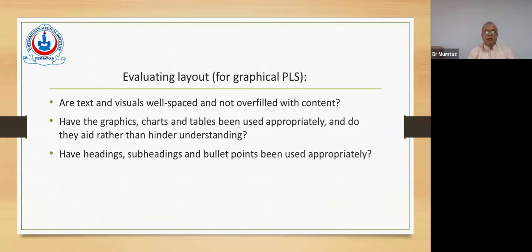Layout में, is the text and visuals, are these well placed? यहाँ पे कोई भरमार तो नहीं की गई है। लोग इस तरह हैं कि उन्होंने अपना डेटा डाल दिया सॉफ्टवेयर में, सॉफ्टवेयर ने बहुत सारी चीजें धड़ाधड़ निकाल ली, टेबल्स भी हैं, ग्राफ्स भी हैं, बहुत सारी चीजें हैं। तो ये तो नहीं है कि उसने उठा के यहाँ पे रख दिए, इस तरह नहीं होता। ऑथर ने उन चीजों को उठाना होता है जो चाहिए होती हैं, और उनको भी सिंप्लीफाई करना होता है to the extent कि लोग इसको समझें। The graphics, the tables, appropriate use है या ऐसे ही वो पेज भरने के लिए है।